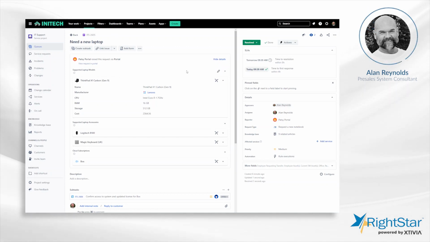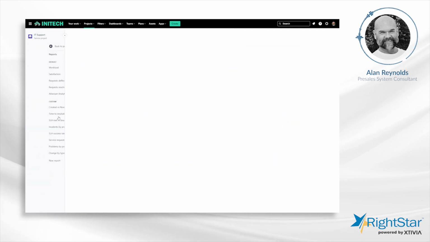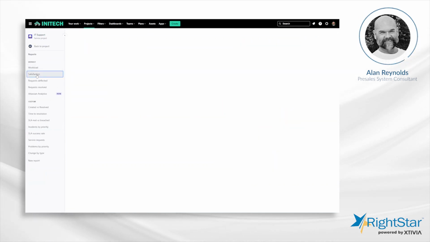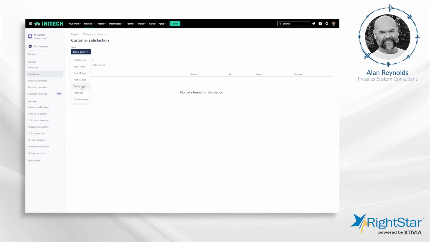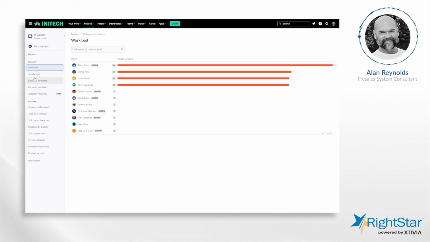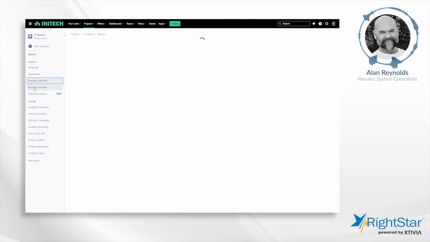We looked at some reporting on the dashboard, but I also wanted to show you reports built right into each of the service management projects. And one of those actually is on that satisfaction. So here we could see any satisfaction that has been provided in the system, if there were any that would show up here. But there's also reports here on workload and requests deflected and resolved based on actions in the